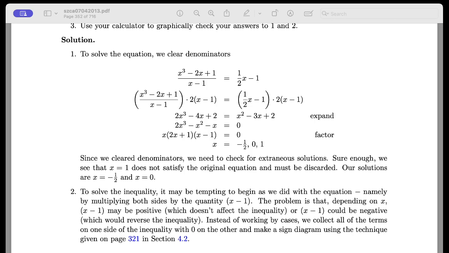So that factorization lets us figure out where the important points are, where these guys cross over one another. So at -1/2 we cross over each other, and at 0 we cross over each other. For where it's bigger, I guess I should write this down then. From the picture you can tell that